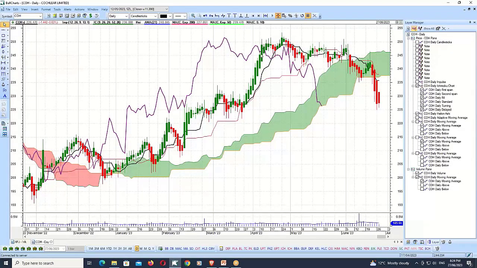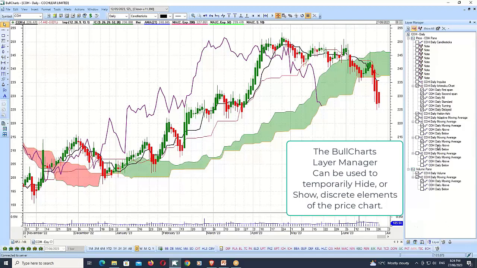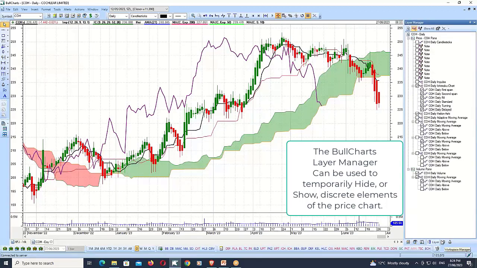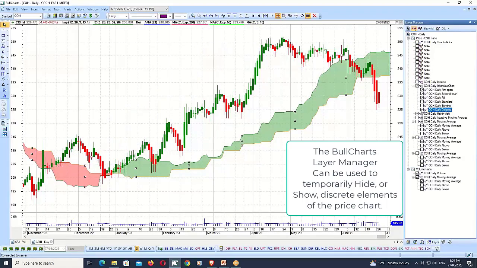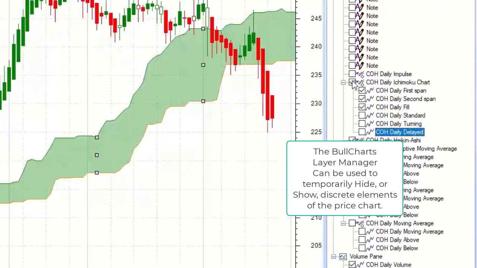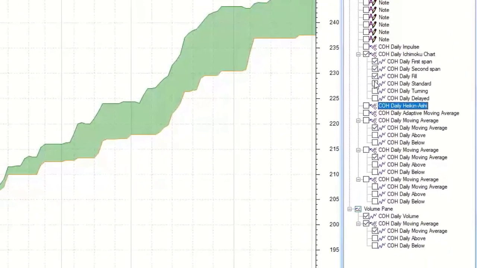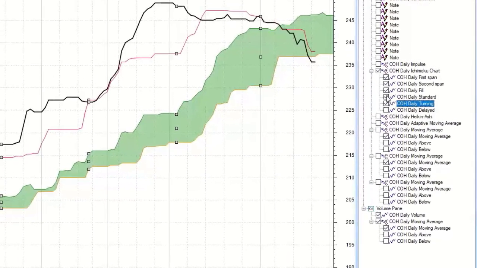And if I just bring up, this is a template of the Ichimoku cloud, as you'll see it. And down here on your right-hand side, might be on the left on yours, you've got your security manager. And just across the bottom here, we've got the layer manager. And that chart that I just showed you, all I've done is I've turned off a few of the features. And if we turn off that was the cloud that I showed you before. And the one that we're looking at now was just